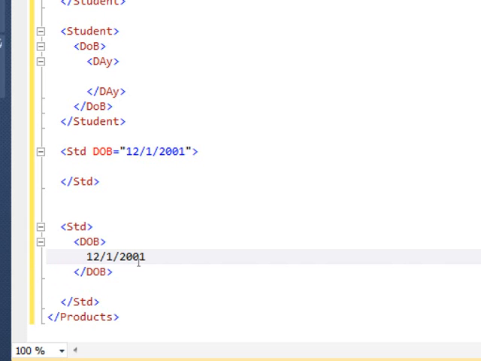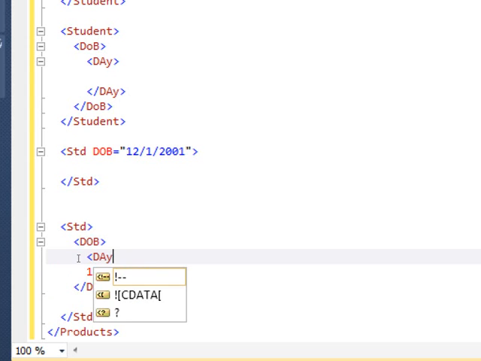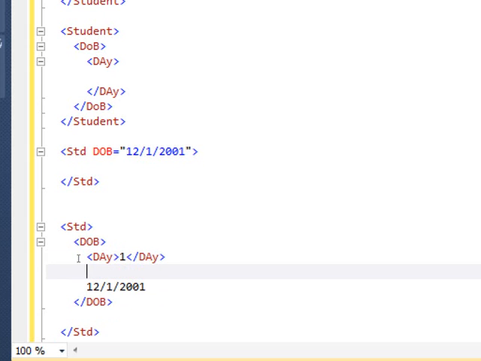Now today it is okay. Tomorrow if you decide that I want to blow this up and I want to represent the day, month and year, I can easily say that this part is day. Just ignore the case again. The next one is month, and a year, just a reference.